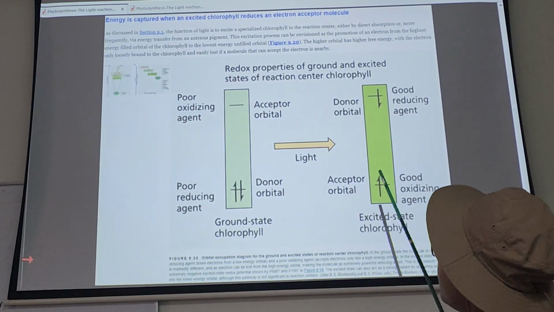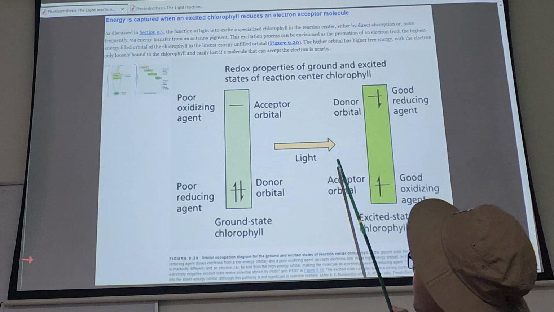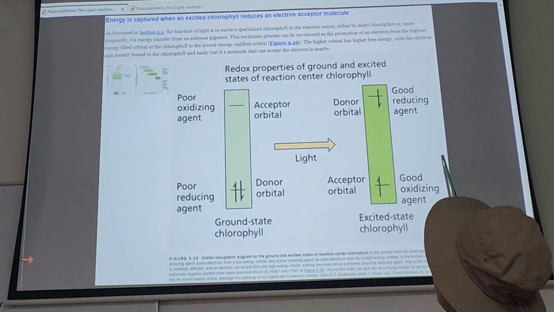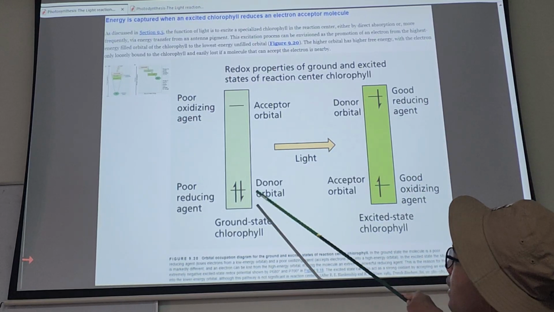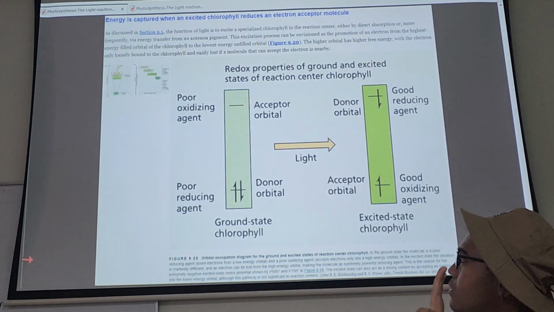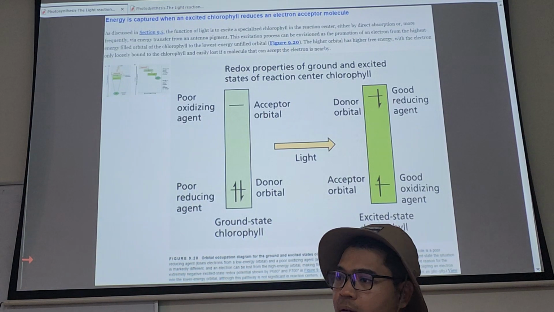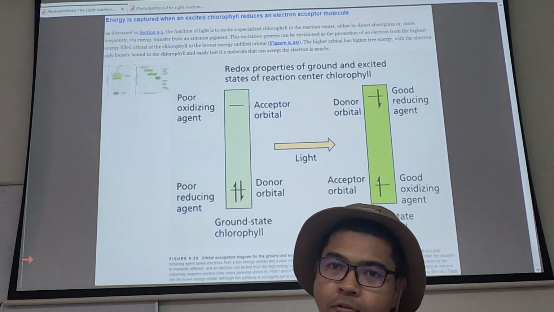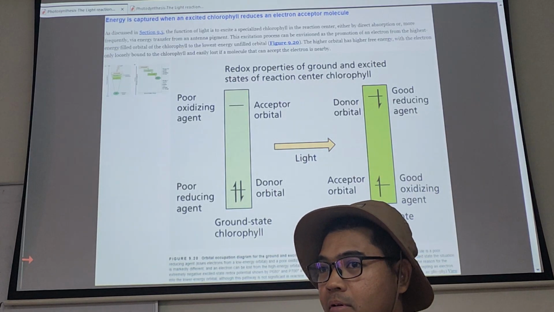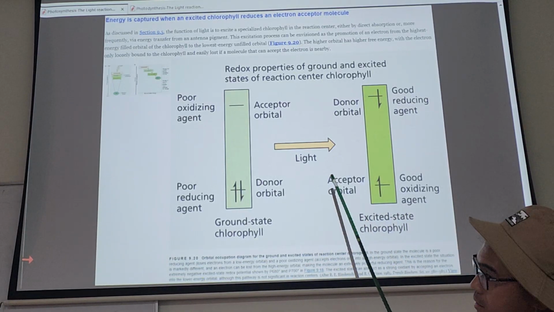The symbol shows the ground state of chlorophyll and then the excited state of chlorophyll. In the ground state of chlorophyll, it is a poor oxidizing agent and a poor reducing agent. Like your friend, when she is not laughing, no emotion whatsoever, because you have not started to tickle her. But the moment you tickle her, or in this case, you give light,